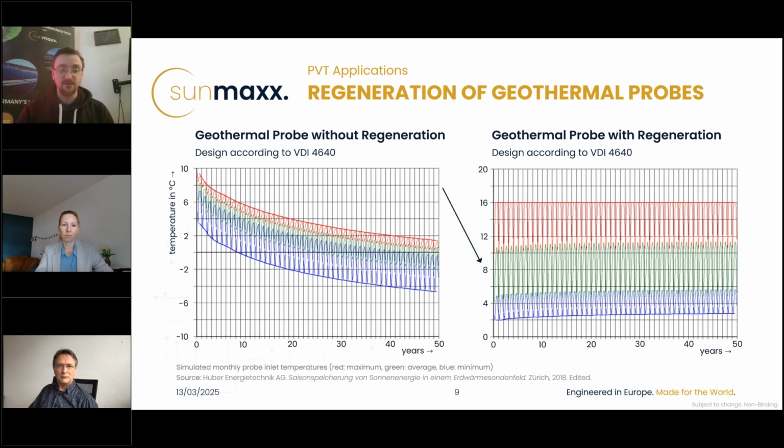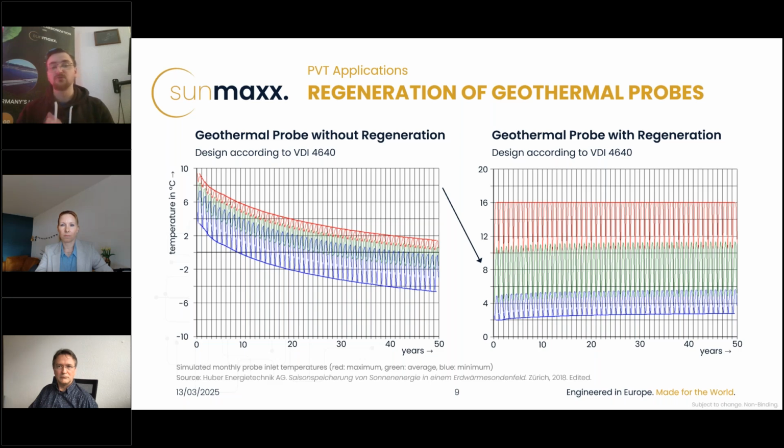If you can see here on the left side, an earth probe field, where we lose the heat of the earth all year round, because we extract more heat from the earth probe field than we gain from the natural regeneration.